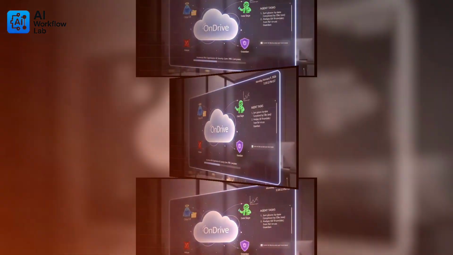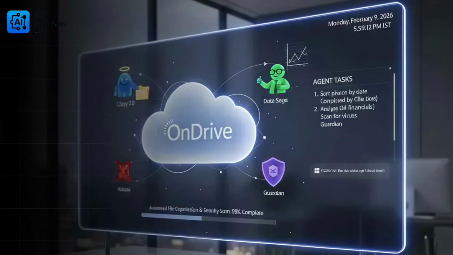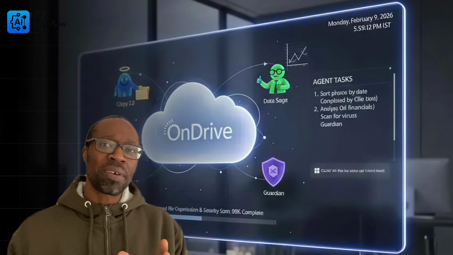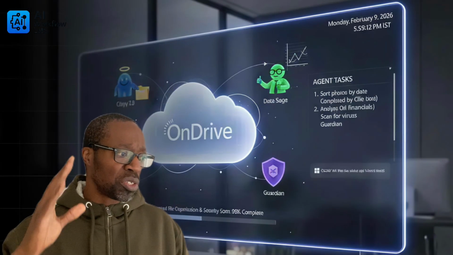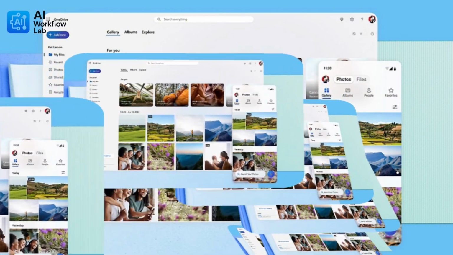In today's episode, I'm going to talk to you about an agent that sits in your OneDrive, the OneDrive Agent. Funnily enough, that's what it's called because it sits in your OneDrive. But yes, this OneDrive agent is your agent that will allow you to identify your files that are saved in